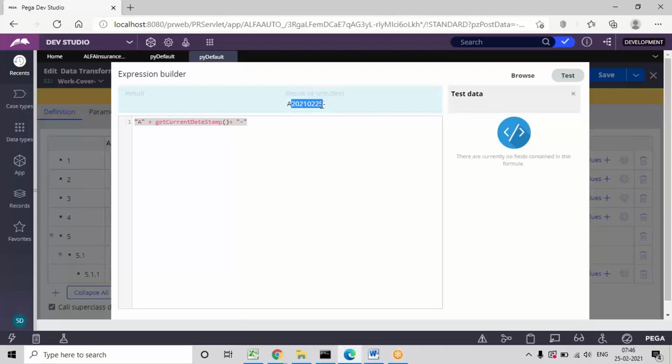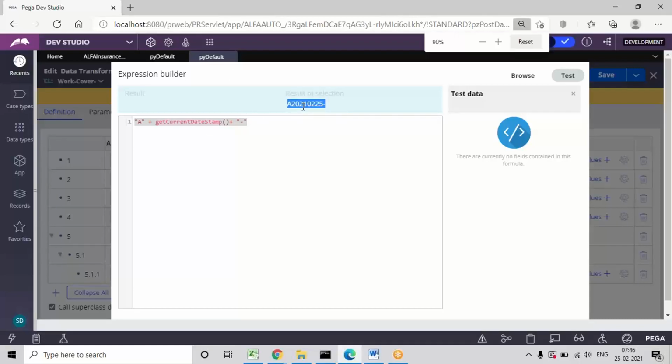Okay, so then the hyphen we have also given in the function characters. So the hyphen will also display, and the number will start with 1, 2 and so on. And tomorrow if you run the transaction, it will be tomorrow's date, hyphen, 1, and like that it will be incremented. So if it is showing the result here, then it is going to work.